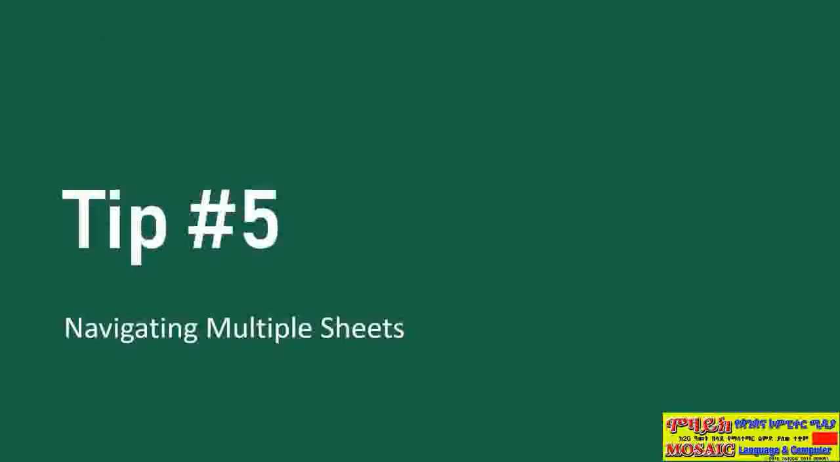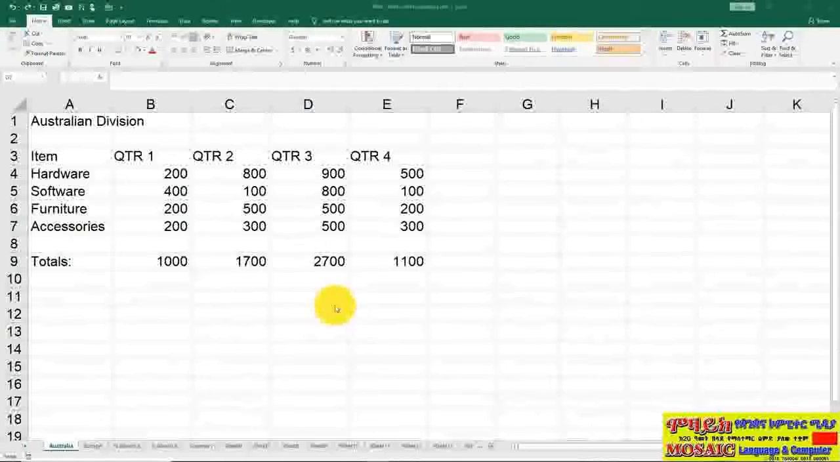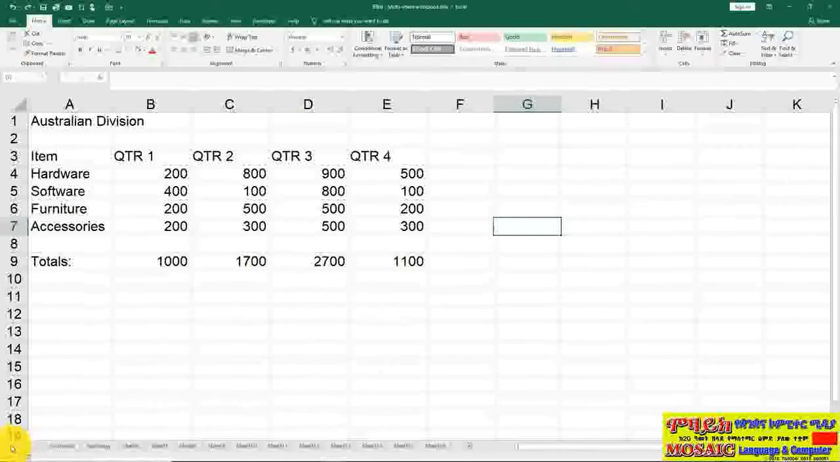Tip number 5 is navigating multiple sheets. Sometimes when you're working with a file that has a lot of sheets in it, you're going to spend a lot of time going back and forth by hitting this arrow to find the sheet tab you'd like to go to. A quick, easy way to see a list of all the sheets: if on these arrows in the bottom